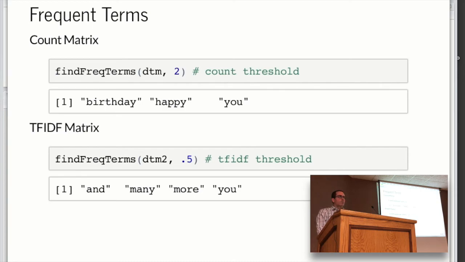One of the things you can do, now that you've got it in this mathematical format, is a pretty common thing: ask for frequent terms. So we've set a threshold here at the top. Any term that shows up at least twice, we see a list of that. On the bottom, if that document term matrix is a TF-IDF matrix, then the threshold is still a TF-IDF threshold. If I'd put 2 in there, it would have returned 0, even though there are words in there twice, because it's just searching for that value or greater in the matrix.